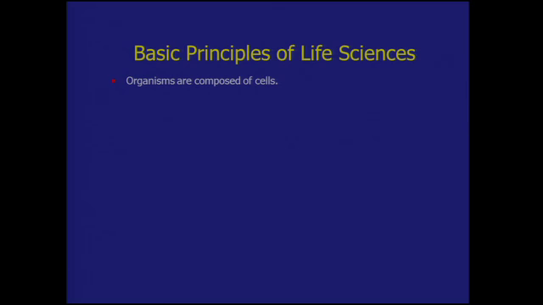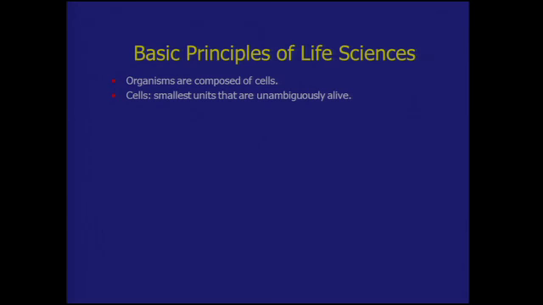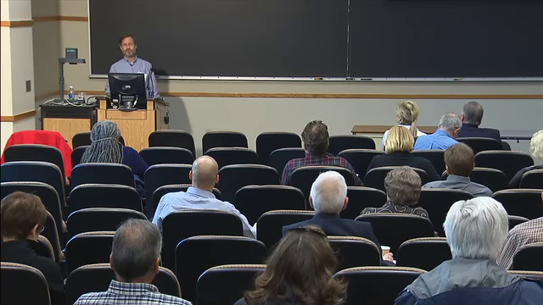So let's get to the basic principles of life sciences. All organisms are composed of cells. So that is the fundamental biological subunit, you might say, of which all organisms are composed. Now, cells are the smallest units that are unambiguously alive. So one could argue about whether viruses are alive or not, and equally eminent biologists differ on that question, and I think there are some interesting ways to look at it, but we're not going to focus on that today,